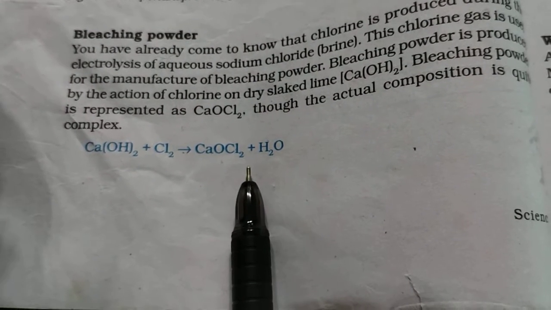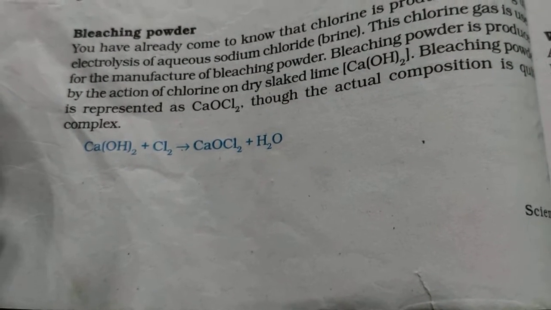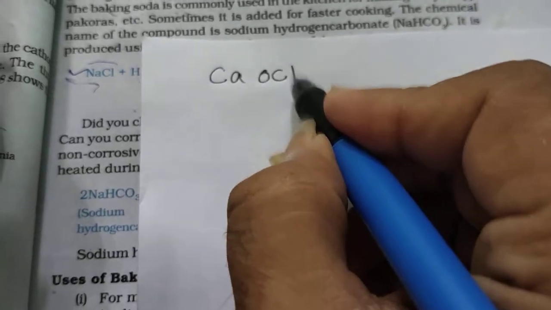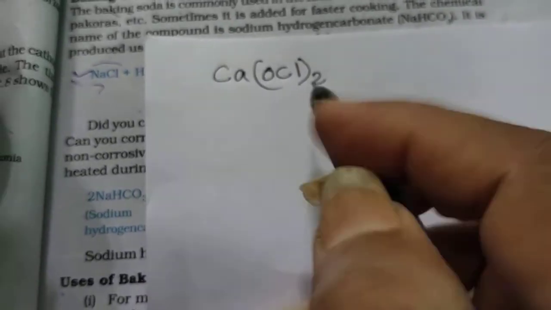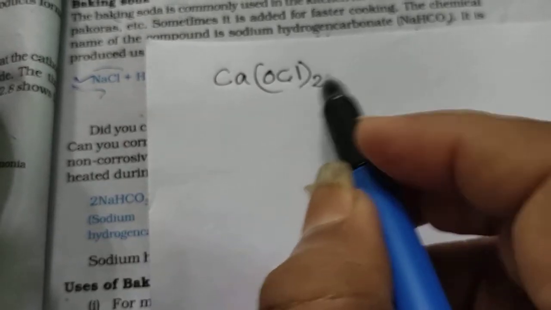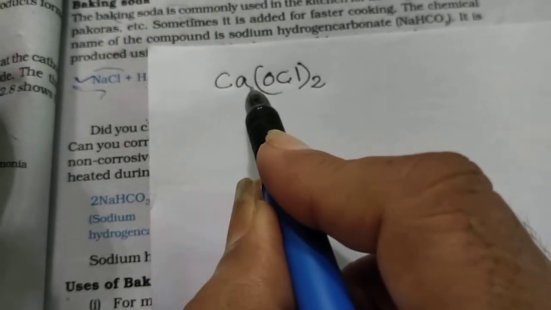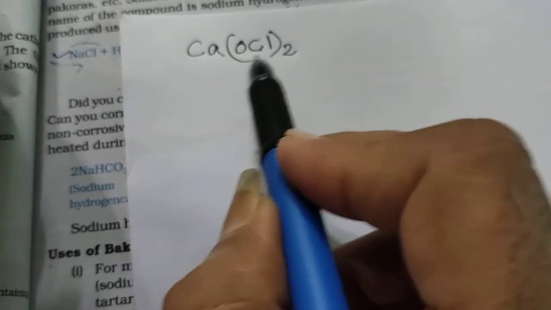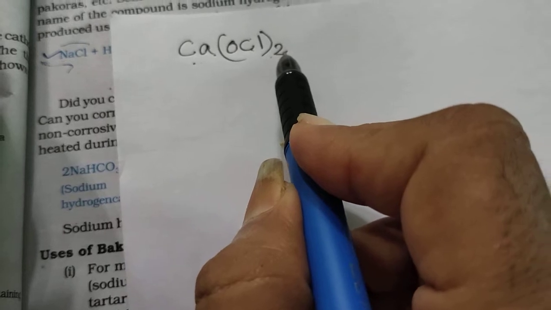The symbol for calcium hypochlorite is CaOCl2, but in some books the symbol is written as Ca(OCl)2. Here OCl is known as the hypochlorite radical, which has valency 1, and calcium has valency 2. Actually the main symbol for bleaching powder is calcium hypochlorite, Ca(OCl)2, so don't forget it. Next,